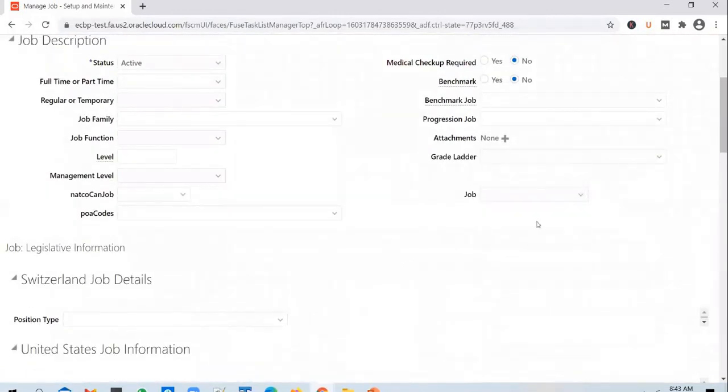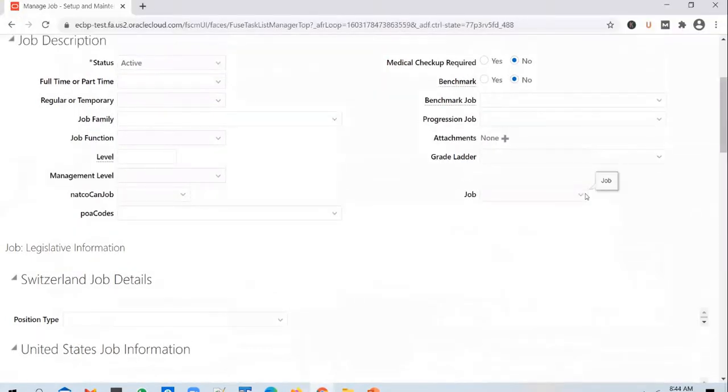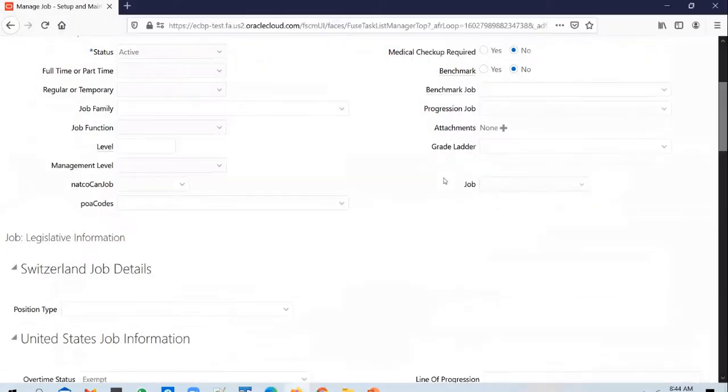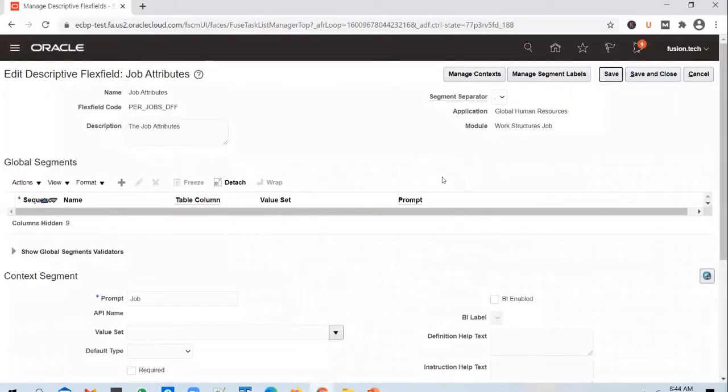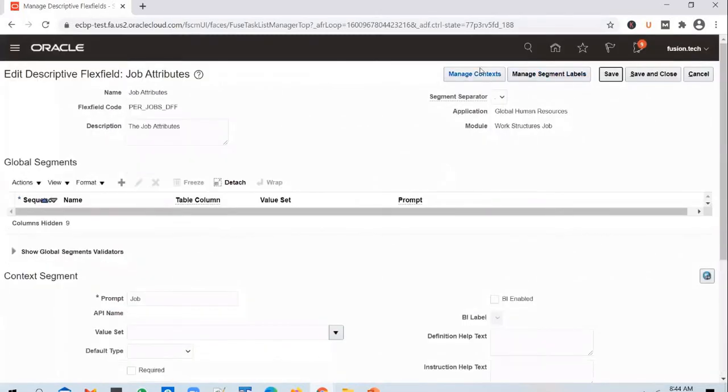Okay, so there seems to be some problem in the flex field deployment, because otherwise what you usually see is a context value, and when you click on the context, you should be able to see the segments or the context that are enabled. So one of the students tried to make some changes in the DFF, and he would have left it midway, because of which you are seeing an error in the deployment status. So let's try to correct the error first, and then we will probably deploy it.